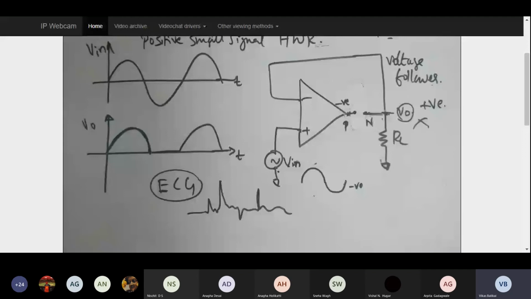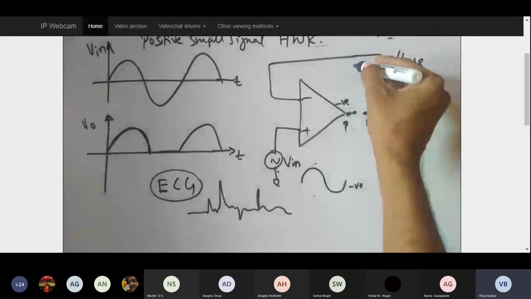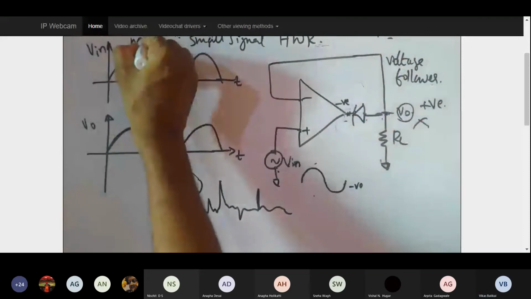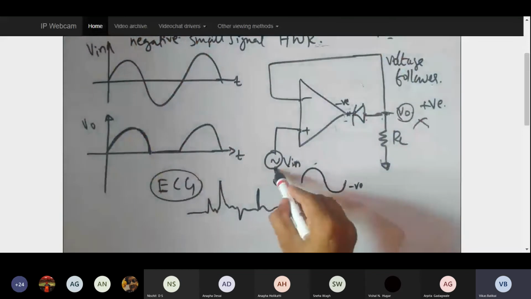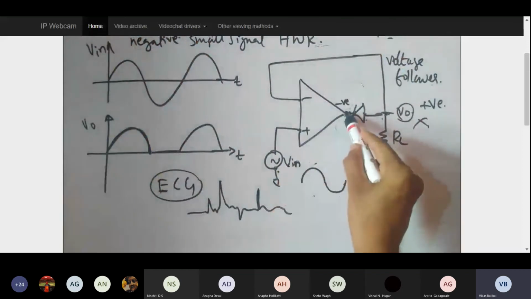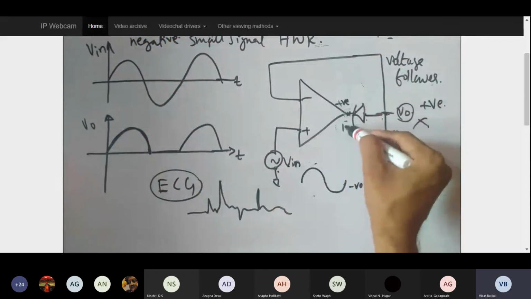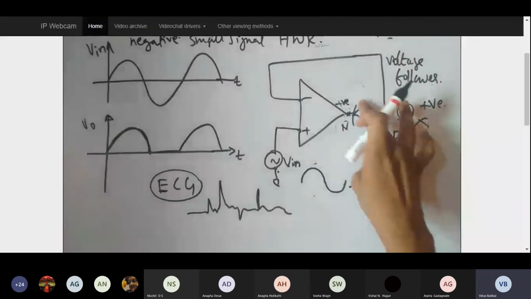Now I am going to change this diode position from this to this. If I place the diode like this, the entire thing is going to work like a negative small signal half wave rectifier, wherein for the positive input you are giving here, the positive resulting amplified version is going to come. So if this terminal is positive, that is, my N is at the highest potential and P is at some other potential, that is the lowest potential, then definitely this is my reverse bias. So when reverse biased, it is open.